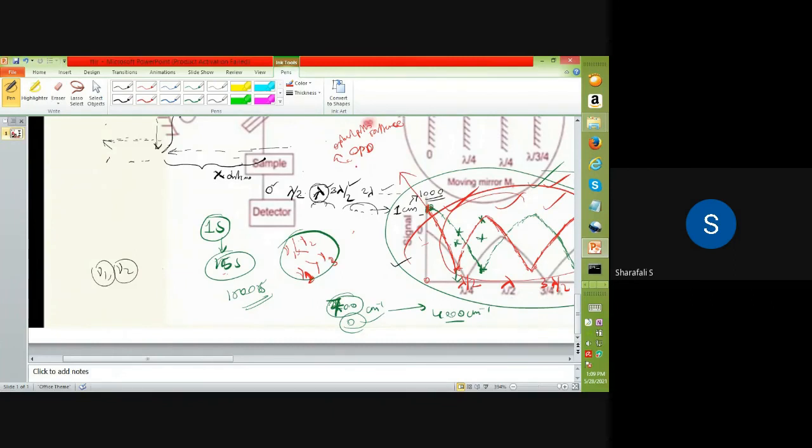And also there is ZPD, which is zero path difference, at this point. Okay, so these are the basics of the FTIR spectrometer. You can look into